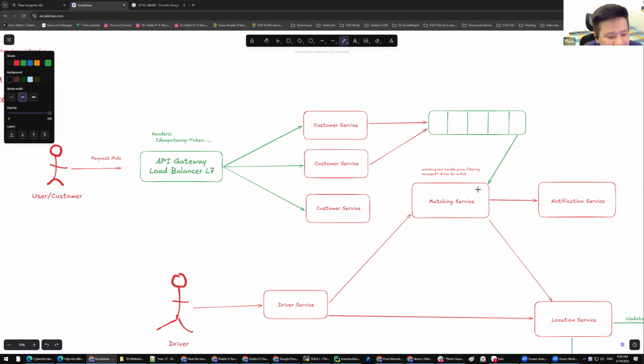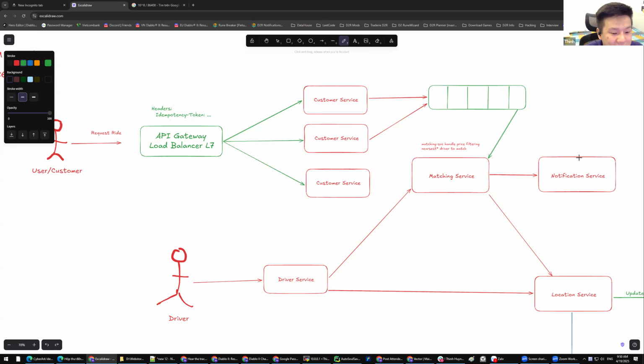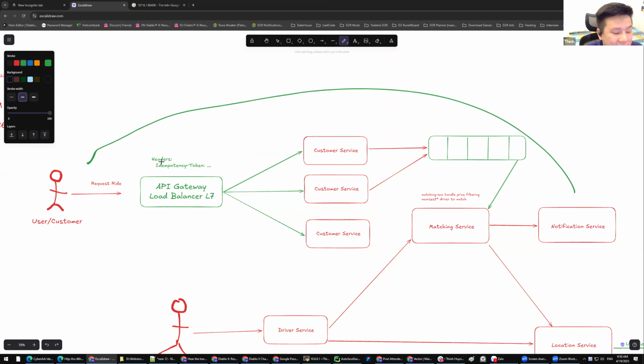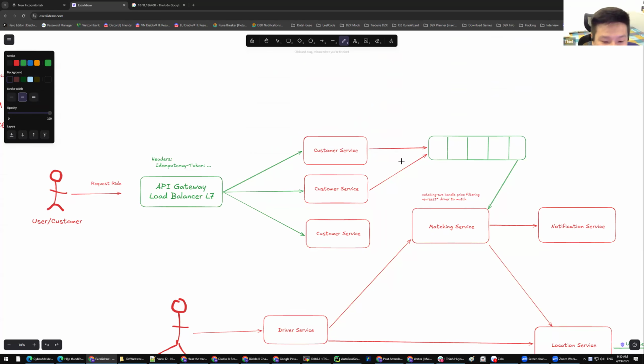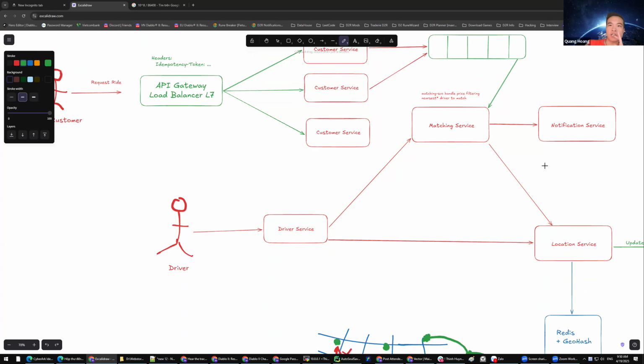So probably with idempotency managed in the state, it will fire the notification once. I mean, fire to the customer, right? Yeah. For the driver, I think one way you could do it is